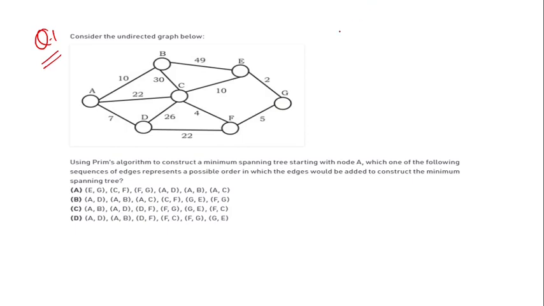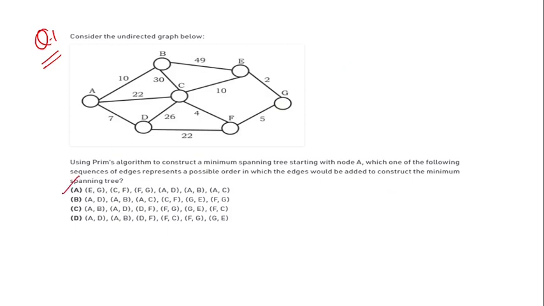You can see that it has many edges. Using Prim's algorithm to construct a minimum spanning tree starting with node A, which one of the following sequences of edges represents a possible order in which the edges would be added to construct the minimum spanning tree? Okay, so this is a GATE question, I suppose. So how to solve it? First option...